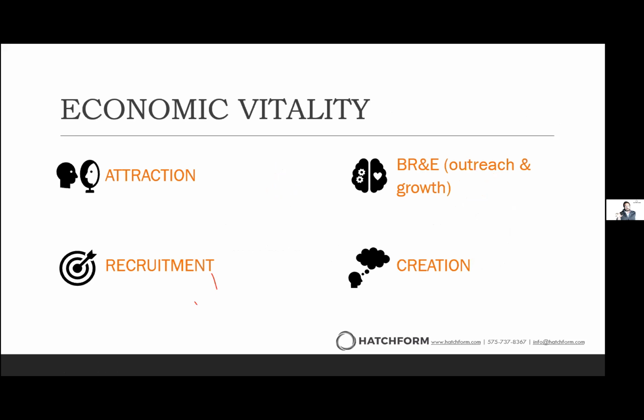By attraction, we mean, and this is sometimes called passive recruitment, just making your Main Street community really attractive to businesses, individuals, skilled workers, solopreneurs, Zoom towns now they're being called, so that people want to move there. They want to relocate there. It's a place where they want to be. They feel comfortable. They feel connected. They feel a part of everything, and it's really where they want to be and where they want to thrive